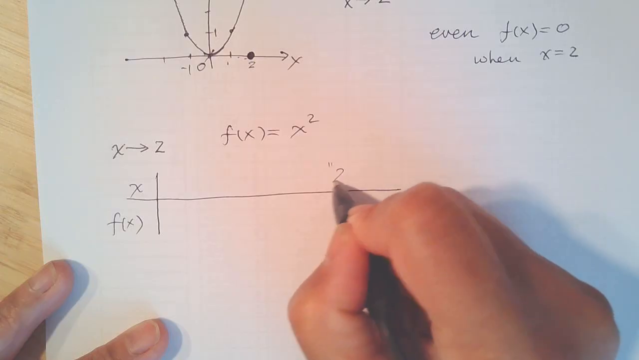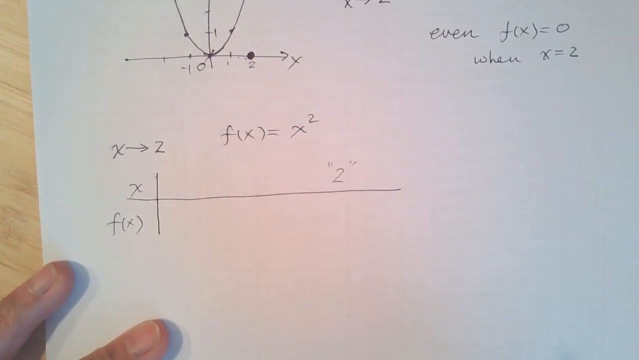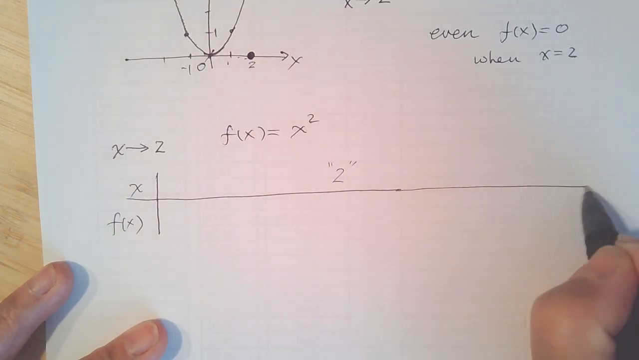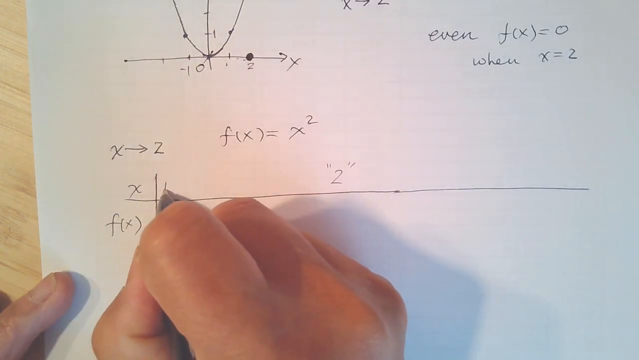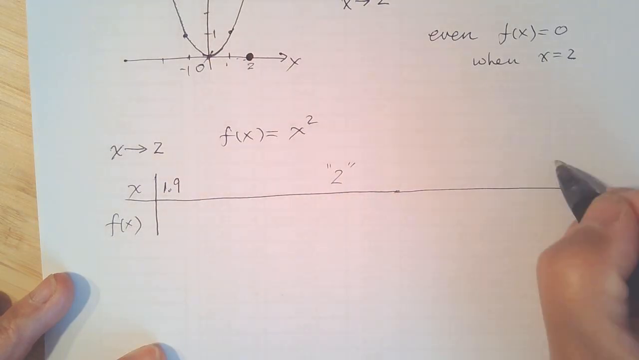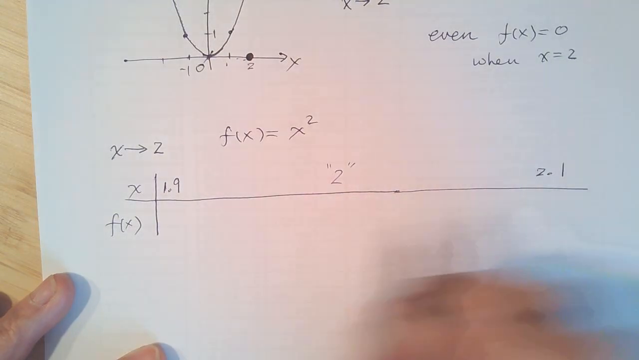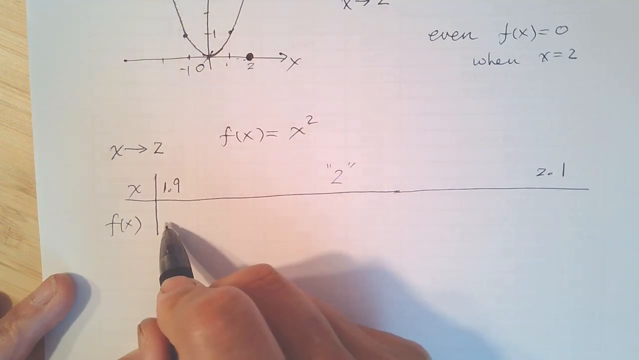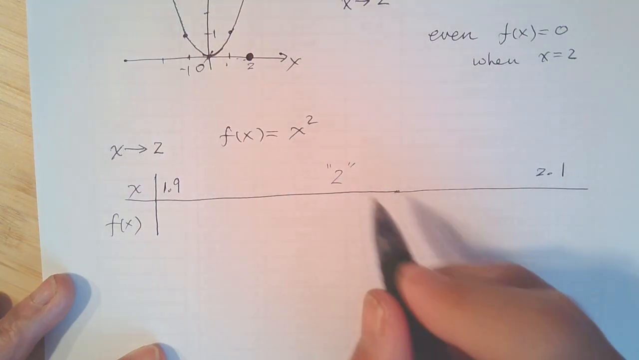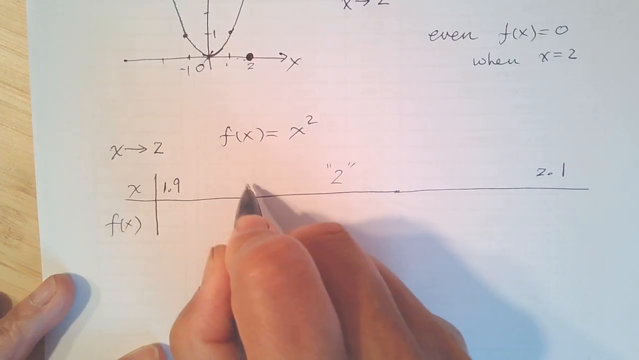So it's an invisible 2 here. Even if you don't see that, I don't ask you to do that. So you can go a little bit above and below 2. For example, you go from 1.9 and here's 2.1. And then you're going to find out what is f of x, which is 1.9 squared, right? Here's 2.1 squared. And then it gets closer, you go